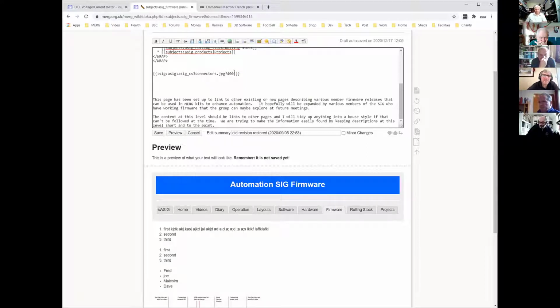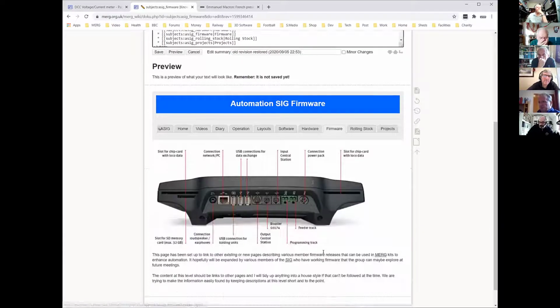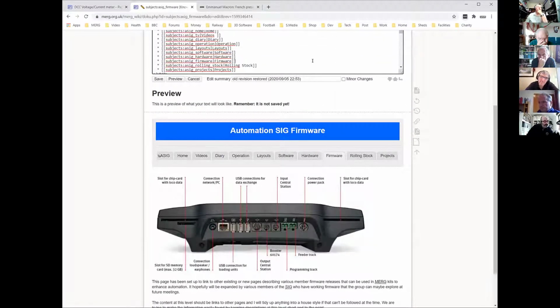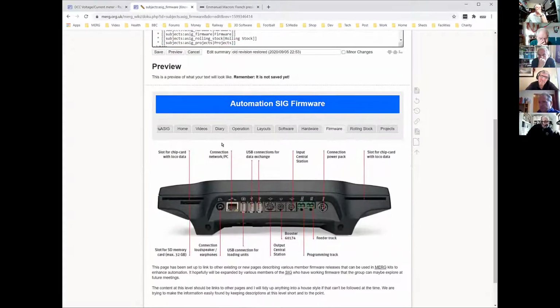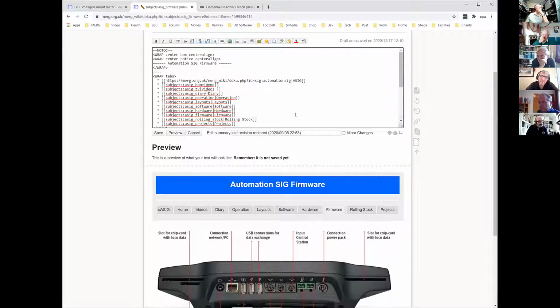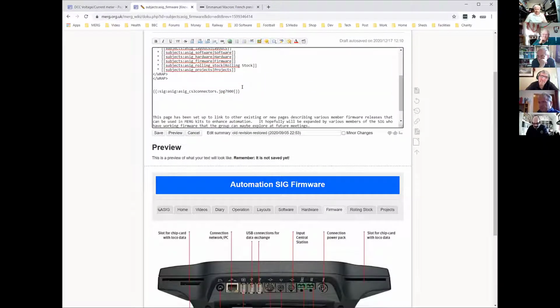If I go back and change that to 800, I believe it's pixels, by the way, chaps. It's now much bigger. I could probably get away with making that 900. Right, that looks about right, doesn't it? So I can now put that picture there on the page, but that's not what we want all the time. So if we go back to the picture and put it back at 400,